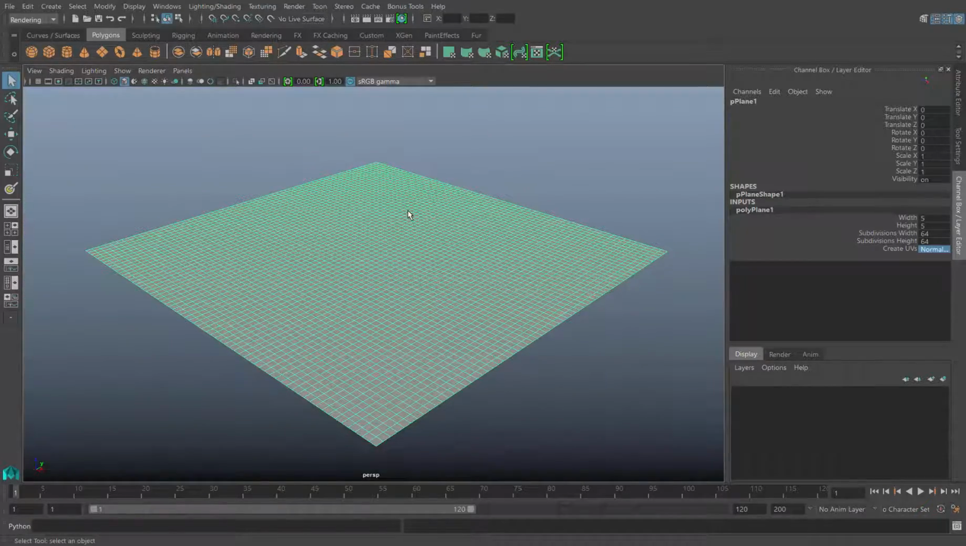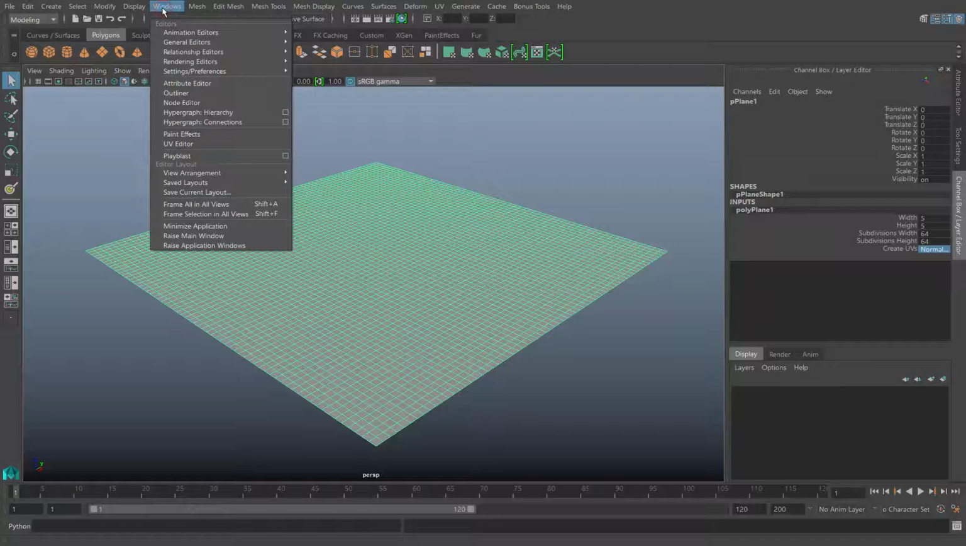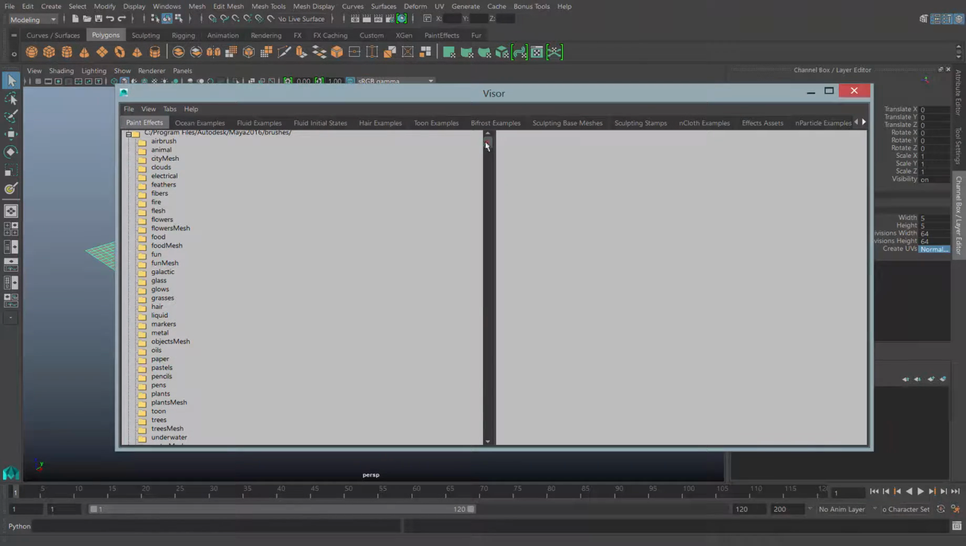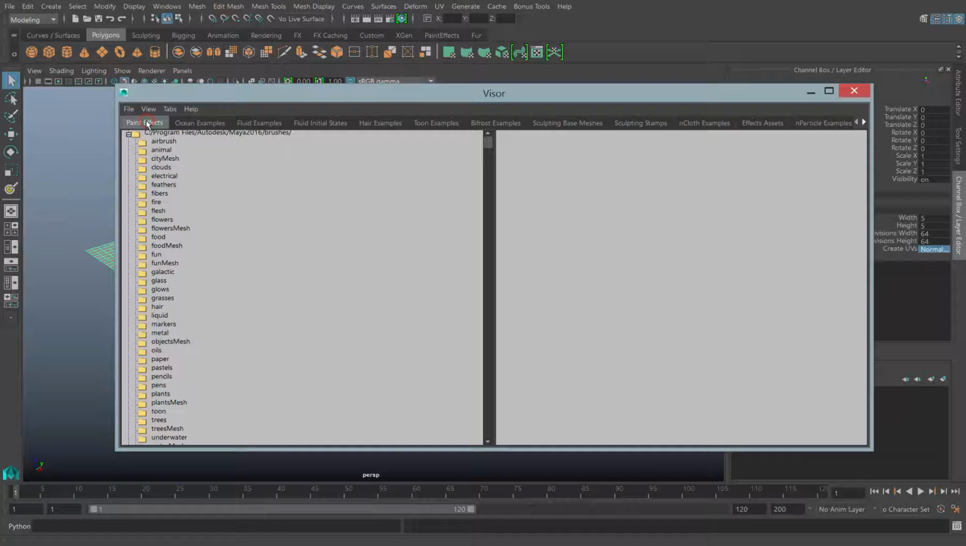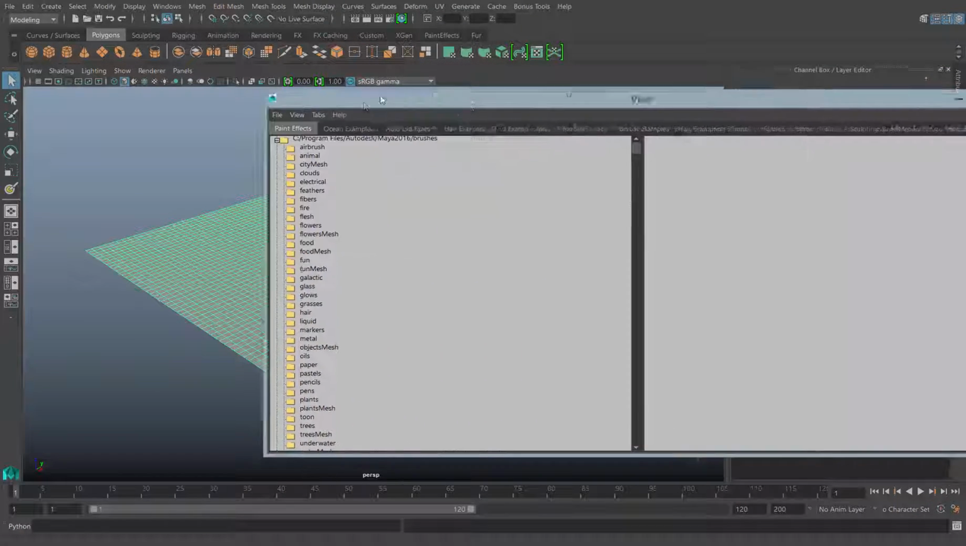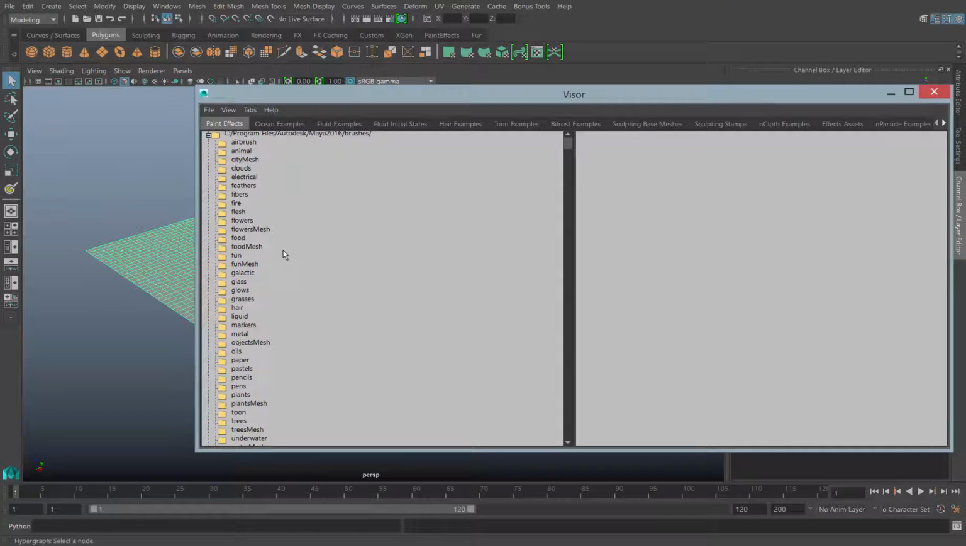So now let's go under Windows, General Editors, Visor, and you'll see a tab called Paint Effects. In this case, it was the first one that was opened. But let's leave it on Paint Effects, and now we have this whole series of 3D paint brushes,